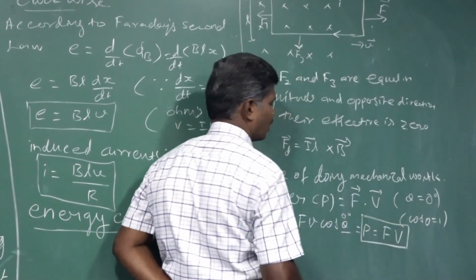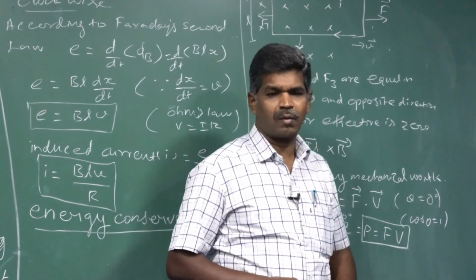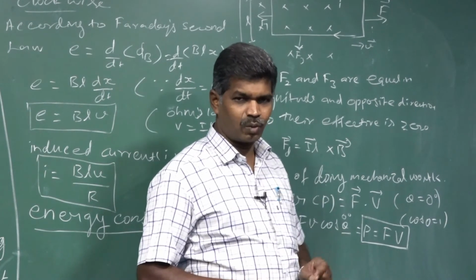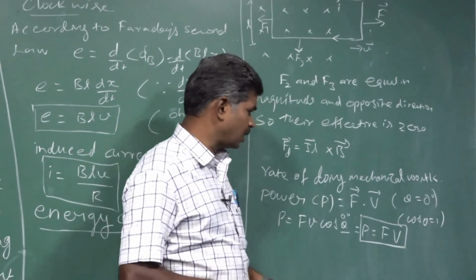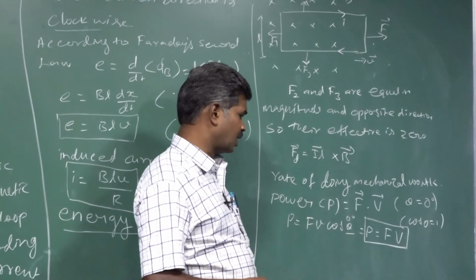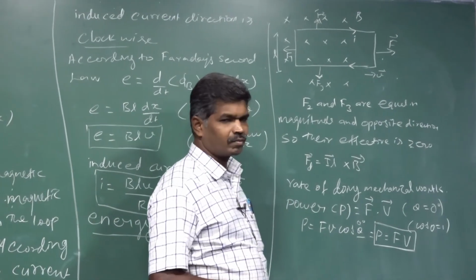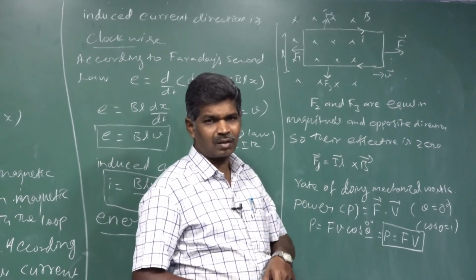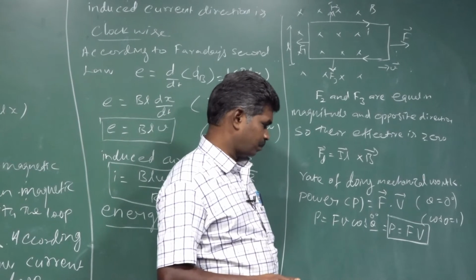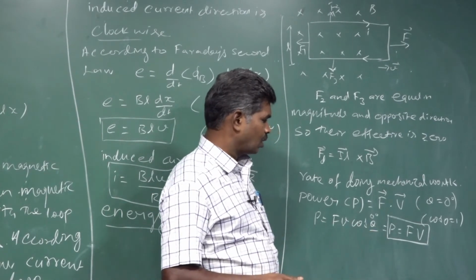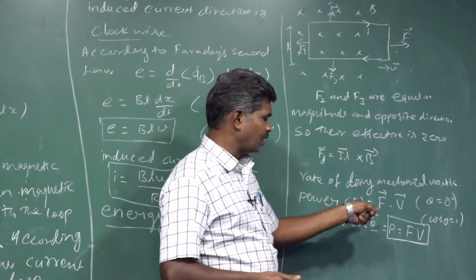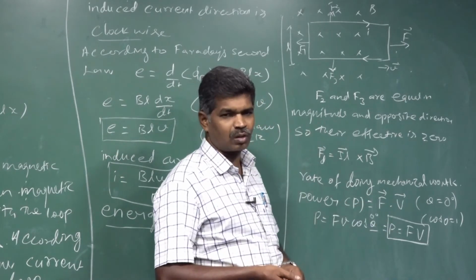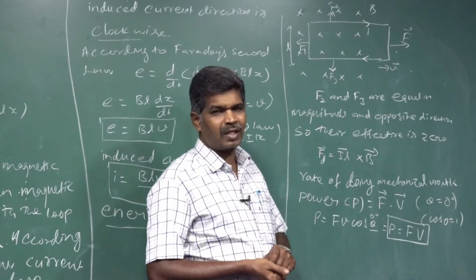That is the rate of doing work by our applied force. The rate of doing work is nothing but power. The power value is taken as P is equal to F into V. In unit time, the amount of work done can be taken as power. That power we are going to derive. For that we are going to substitute the force value, based on the magnetic Lorentz force, to calculate the mechanical force.